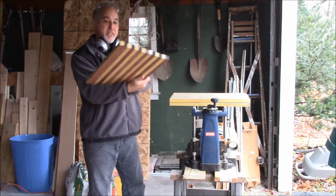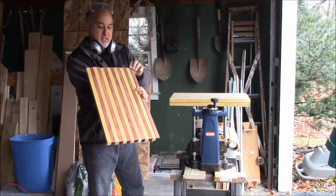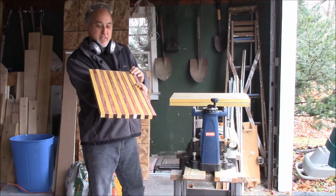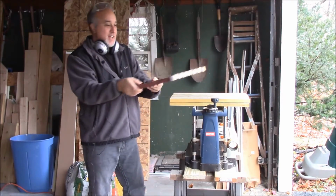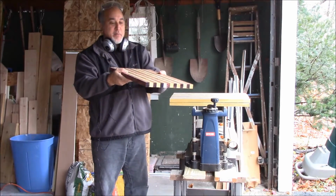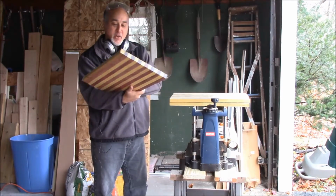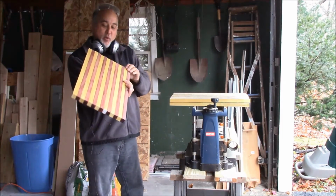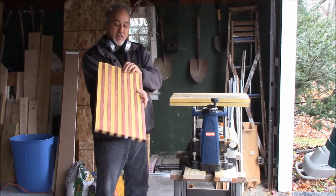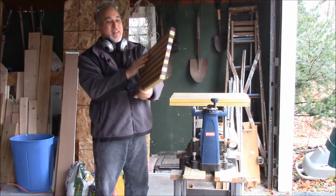Panels are all glued up, set overnight. The different laminations seem to stay relatively flat. I checked them on the cast iron surface of the table saw and minimal rocks, so I was pleased with how that turned out. So for the sake that it's turning into a bandsaw box, and precision fit up is